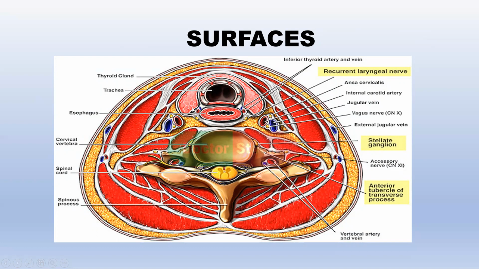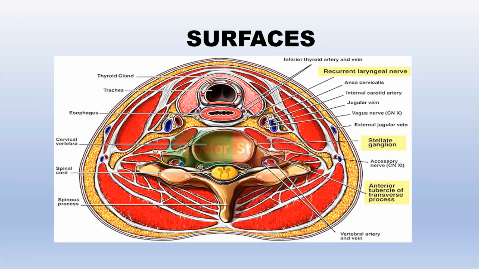The relations of the medial surface will be in the order of 2. So what is the 2? There will be 2 tubes: one is the trachea, another is the esophagus. There will be 2 muscles: one is the inferior constrictor muscle of the pharynx and the other is the cricothyroid muscle. And 2 nerves: one is the external laryngeal nerve and the other is the recurrent laryngeal nerve. And the posterolateral surface is related to the carotid sheath and the common carotid artery. This is the relation.